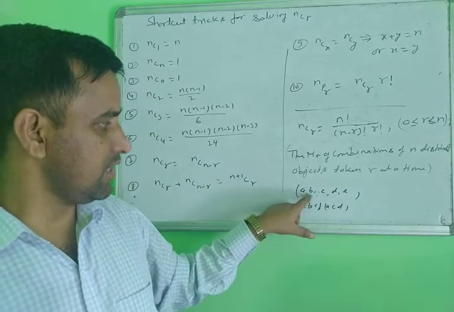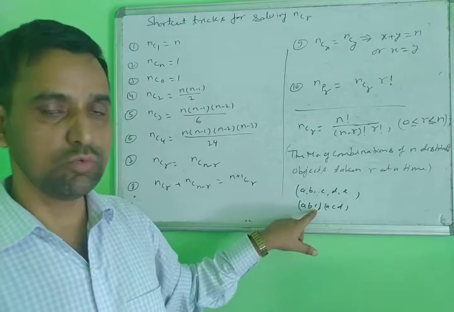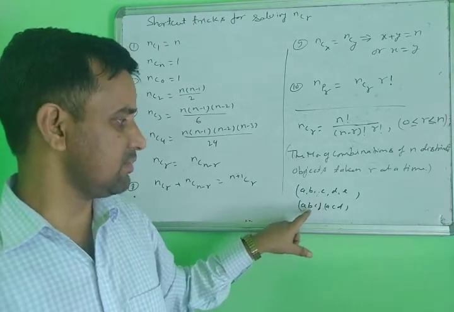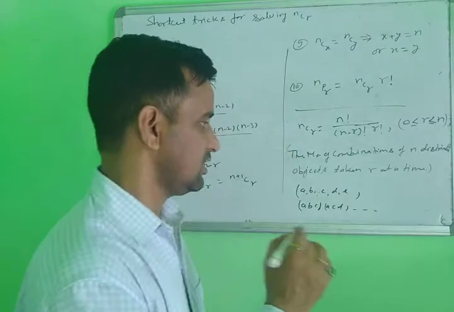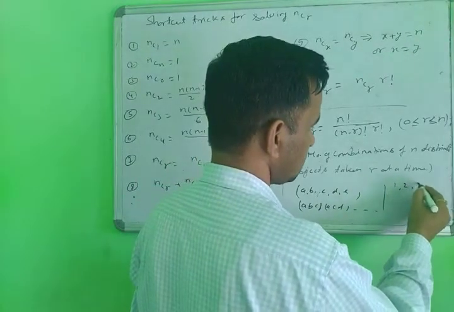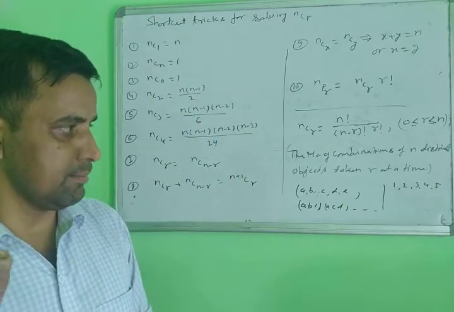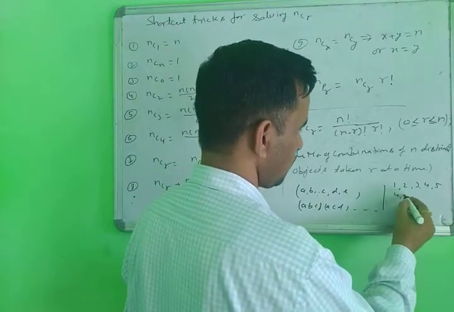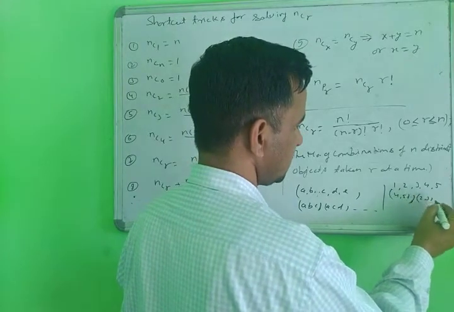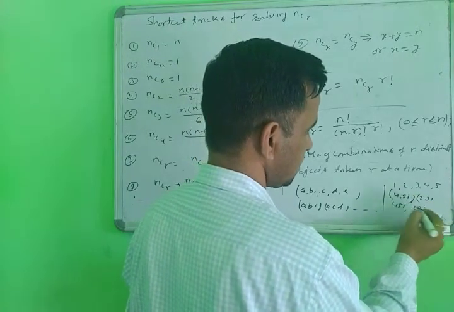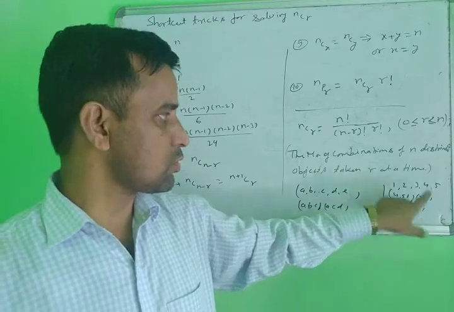So suppose you have A, B, C, D, E, 5 letters, and you are making a word of 3 letters. Then A, B, C, you are selecting, this is not a problem. You can select A, B, C or B, C, D, any three letters. In this way you select the letters. Suppose you have the numbers 1, 2, 3, 4, 5 and you are making 3-digit numbers, like 451, 231. In this way you make 3-digit numbers. This process is called combinations.